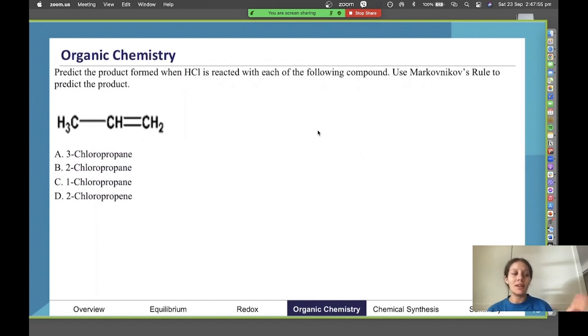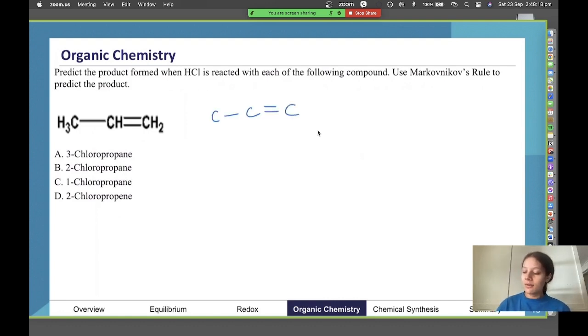So keep in mind, especially as this is multiple choice, you don't need to show any working, but do consider drawing out organic compounds in ways that make sense to you if it makes the question easier. Don't feel like you need to keep using the condensed formula or the line or structural formula. Whatever works for you, feel free to write it down on your paper and work through it like that.